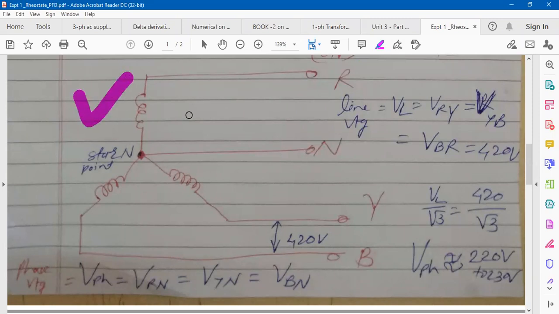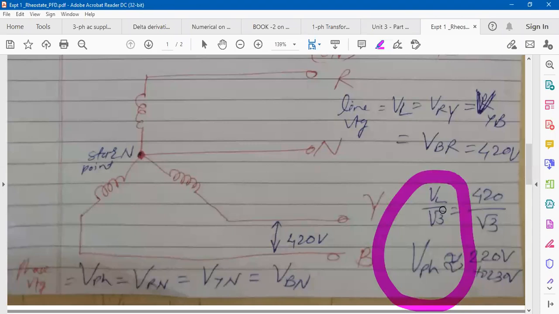So we are going to derive for star. These are the connections tapped from the distribution transformer's secondary winding, and the secondary winding is connected in star. So for star, we'll derive that the line voltage divided by √3 is the phase voltage. This one formula we will derive. Like we say single phase AC voltage is always constant, 220 volts. Similarly, at the distribution end, whatever 3-phase AC supply is available everywhere is also constant: 420 volt, 50 hertz, 3-phase AC supply.